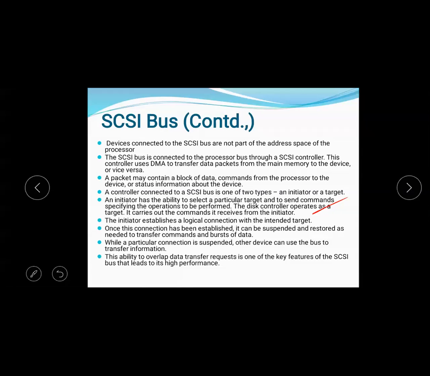Once the transfer is completed, the target is suspended and another device will use the bus lines to transmit data. This ability to overlap data transfer requests is one of the key features of the SCSI bus and gives high performance.